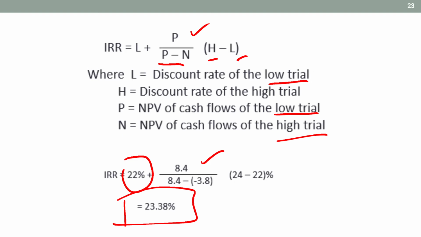This is how we are finding the IRR based on the trial and error method, where you have to apply a percentage of discounting factor as a positive value. You assume and apply it, then based on the answer you can decide you have to increase the discounting factor to find the negative value, or if your answer is already minus, you have to reduce the discounting factor to find the NPV value positive. That you can decide, right?